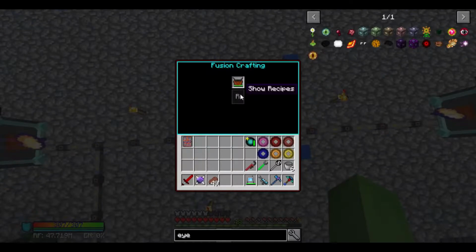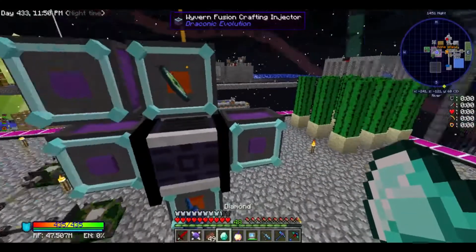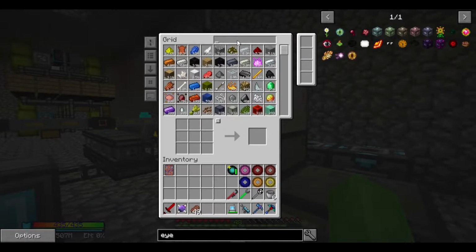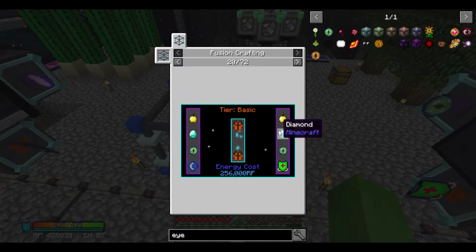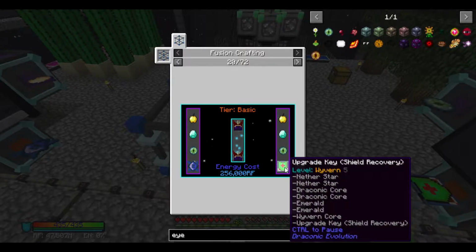Then we put that in there. No. Maybe it needs to be in a certain order? Well, if I was worried about the episode being too short, I don't have to anymore. Yeah, again, looking at it, it is super simple. And I have to... upgrade key, Draconic Core...